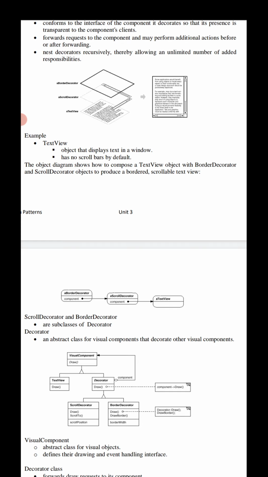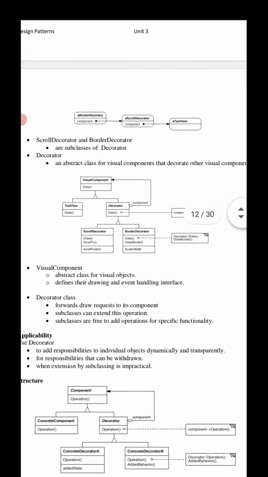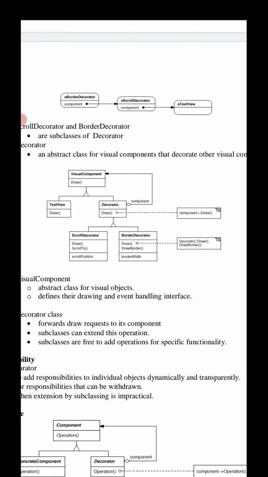It shows how we compose a text view object with a border decorator and scroll bar objects to produce a bordered and scrollable text view. This is the object structure. First of all, a border decorator, then the component and the relationship, a scroll bar decorator, and one more component, a text view.